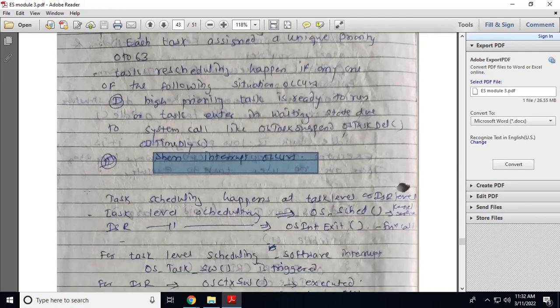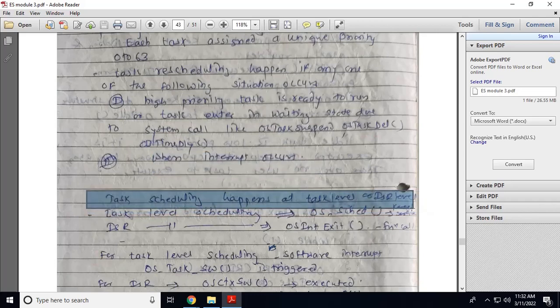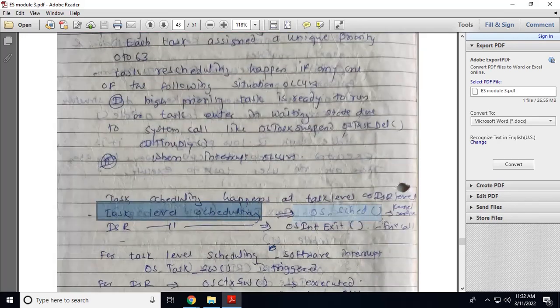Task scheduling can happen at the kernel level, that is task level and ISR level. How to schedule the task at task level? OS_schedule, this is a kernel service, and for ISR level scheduling, OS interrupt exit. So this is a function call.